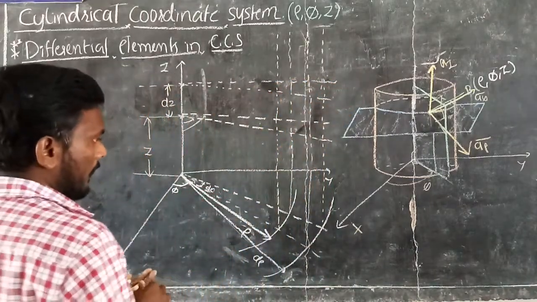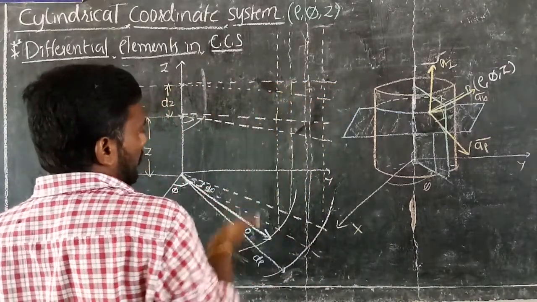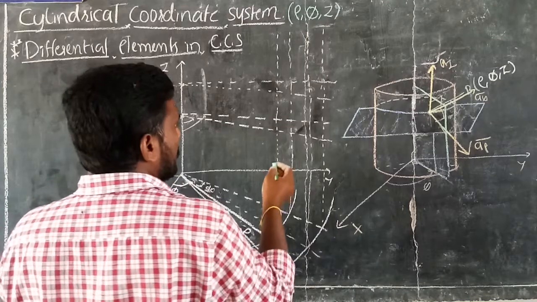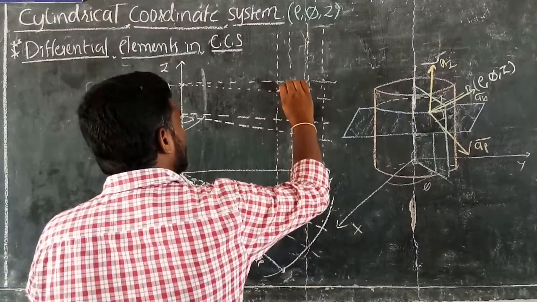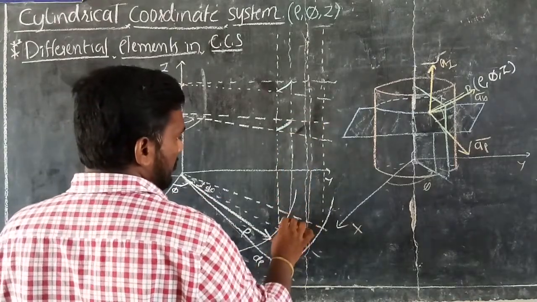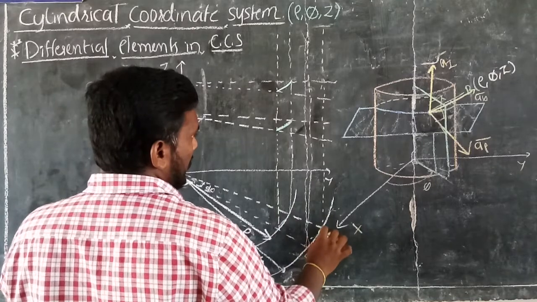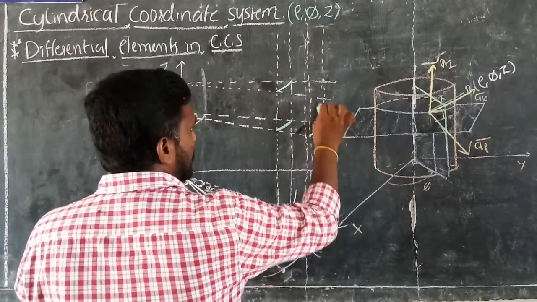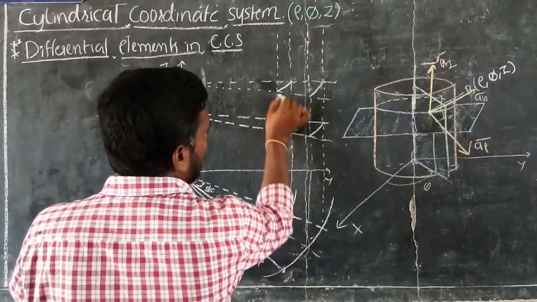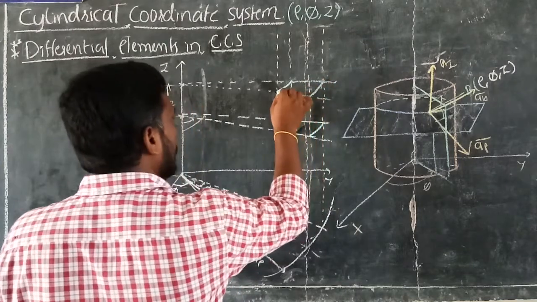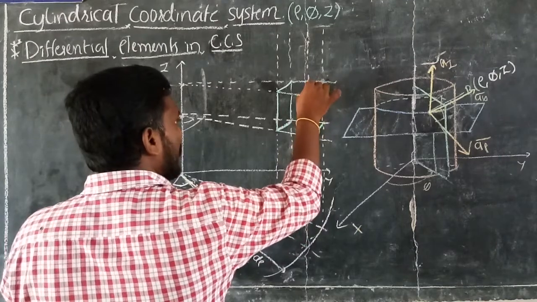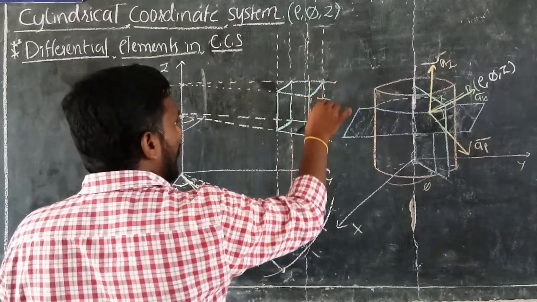Now just combine and draw the arcs, the same as on the bottom side. This is an arc and this is an arc. See, this arc is the same as this one, and this arc should be drawn in the same way like this. Join all the lines. Okay, so what is formed here? It is a small differential value element.